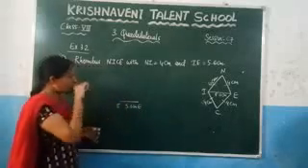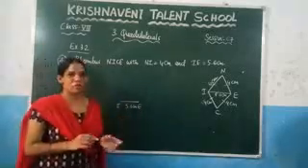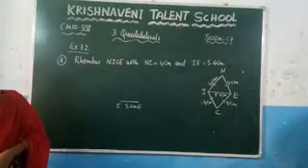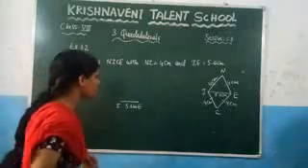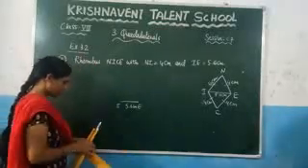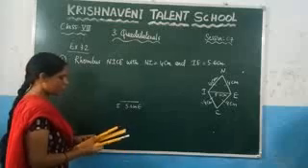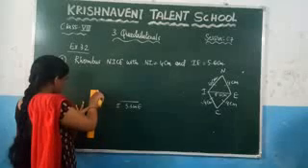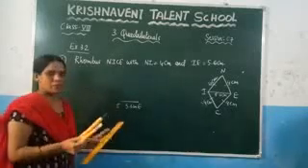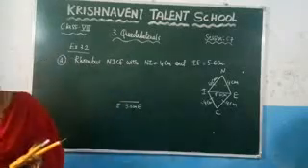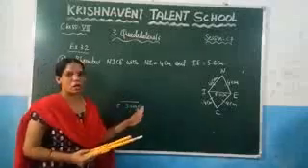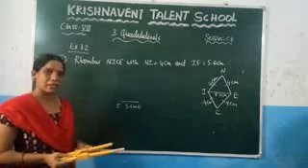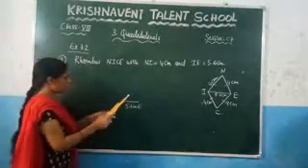Now here you need to take an arc of length 4 centimeters. Now with the help of the compass take the measurement of 4 centimeters. So here, at 4 you need to keep here, and right, this is nothing but 4 centimeters. And you know that in a rhombus all sides are equal. So with the help of this 4 centimeters you can directly make an arc at each vertex.